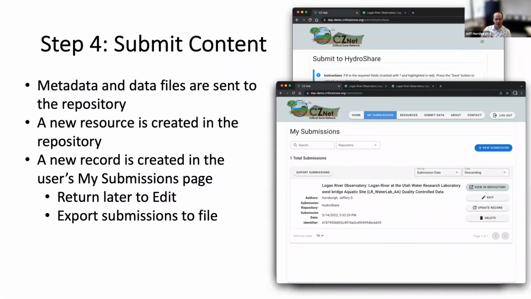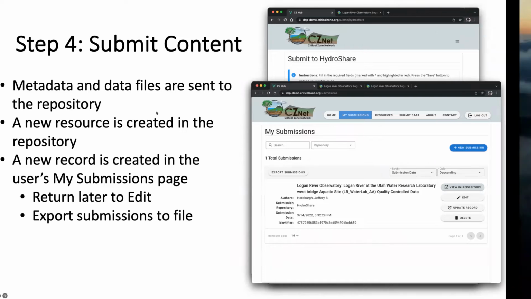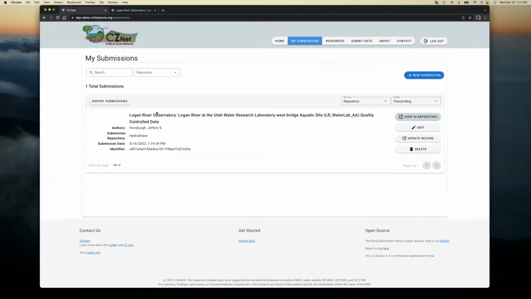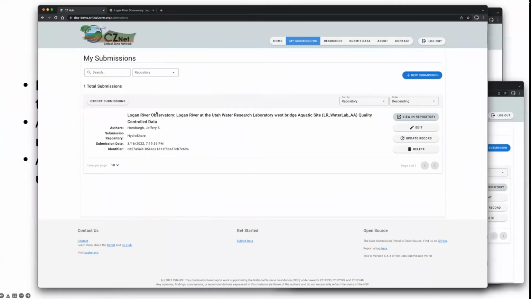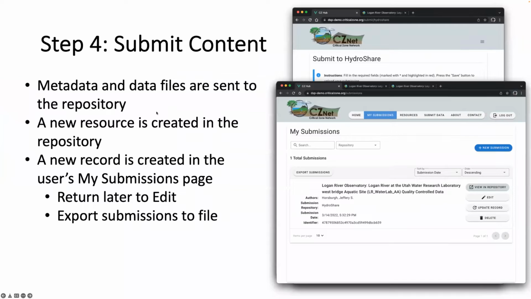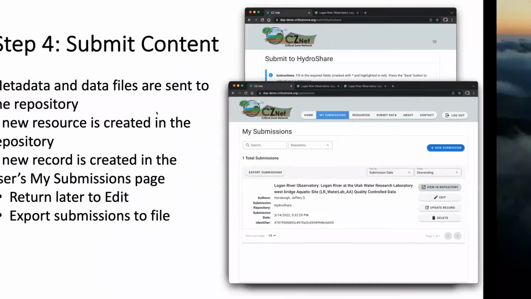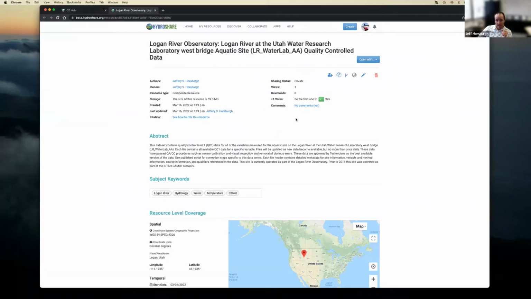Any questions so far? We've got a new resource in HydroShare. We've got a submission on our My Submissions page. And the metadata has all been captured by the data submission portal. I have a question. I didn't notice on the page, but is it automatically, is the default set to private in HydroShare? Good question. Yes, so if I go to HydroShare here, this resource right here, if I go to